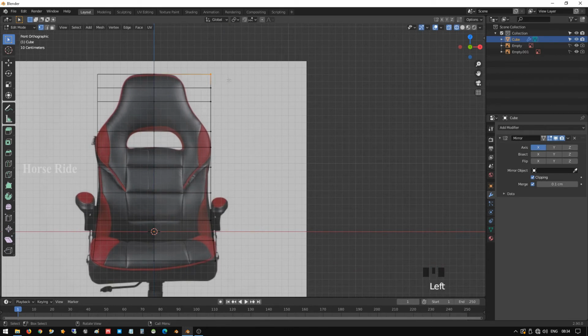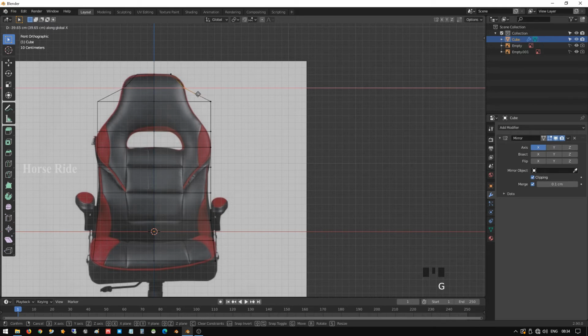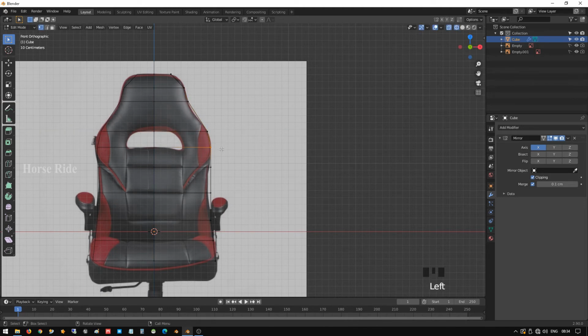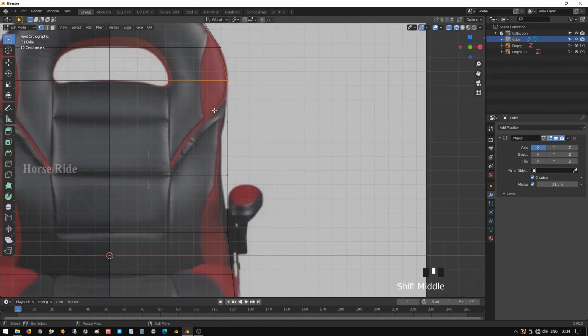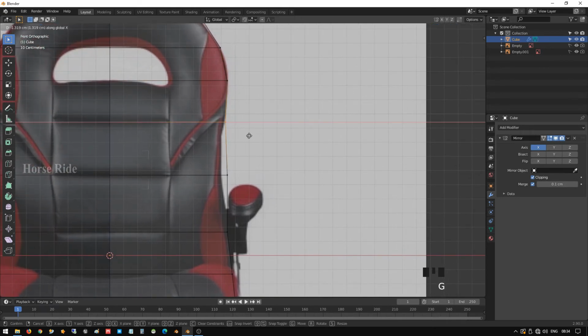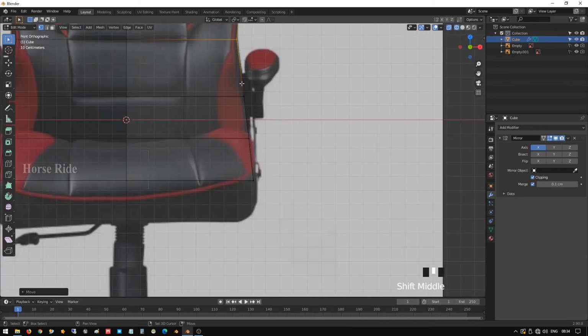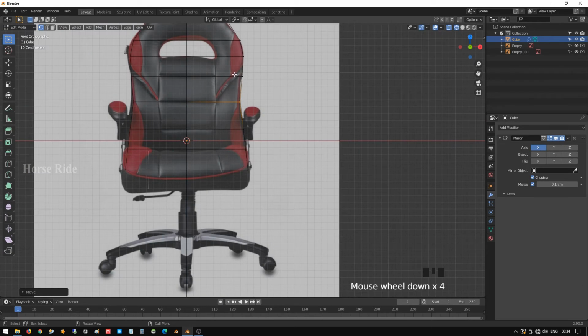Select these vertices, press GX, select these vertices, GX, move towards this side, this one GX, move towards here, and GX, move it here, this one let it be same here. Select this GX, select this GX. Okay, this one also fine, this one also fine.